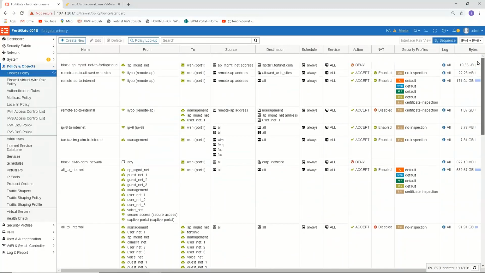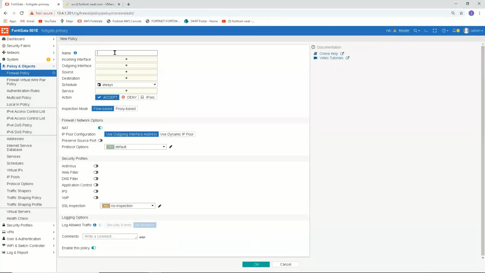So that's why we need to create a policy that allows for this new data VLAN to maybe get out to the internet, or even pass traffic or forward traffic to